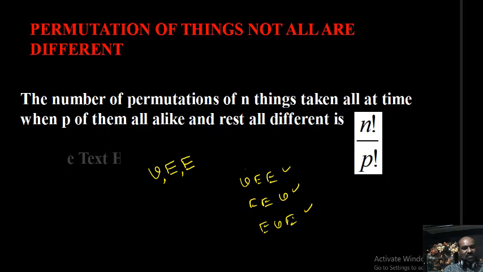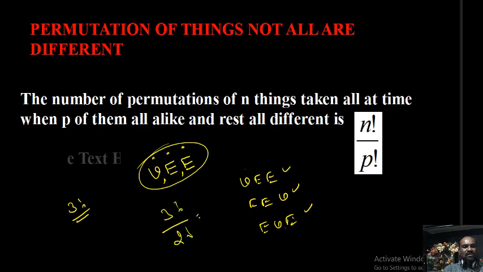This is 1, this is 2nd, this is 3rd. In general, if these 3 are different, 3 factorial 3 letter words you can create. But actually these 2 are the same. So practically how many words can you create? Only 3. According to this theorem, how can you get the answer? 3 factorial by 2 factorial. 3 factorial means 6 by 2, so 3 only. Practically also you are getting 3.